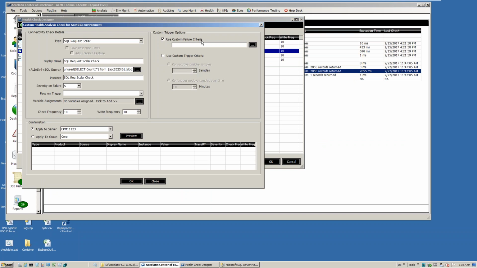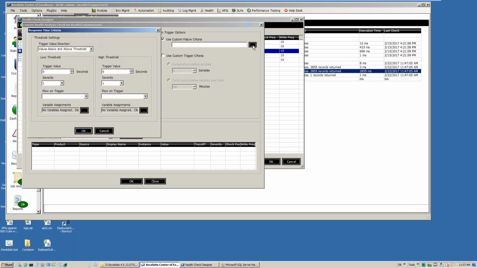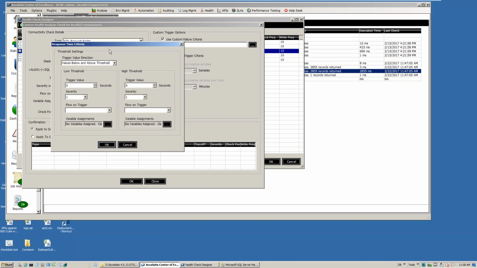I would use a custom failure criteria. So once I've got this set up, now I can come over here and I have this subset of things that I can alert upon. And again, it says seconds on there, just disregard that, because for the Scalar check it's going to be talking about rows. For the SQL request check, it's going to be talking about seconds. So in this case, I want to say, hey, if this thing goes over a certain number of rows, let's say maybe if it goes over